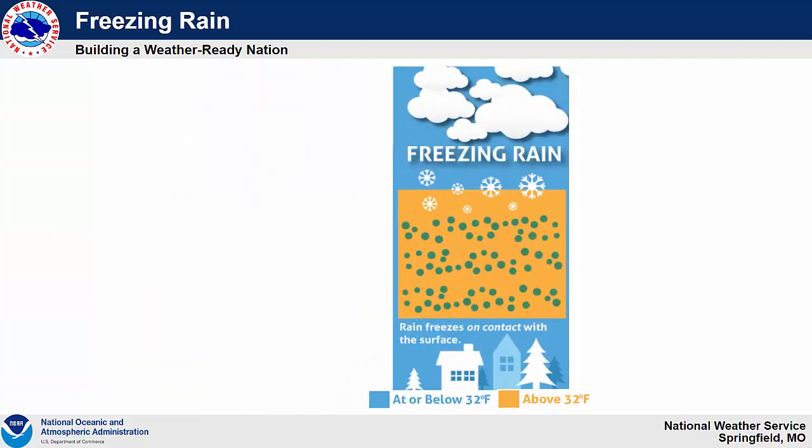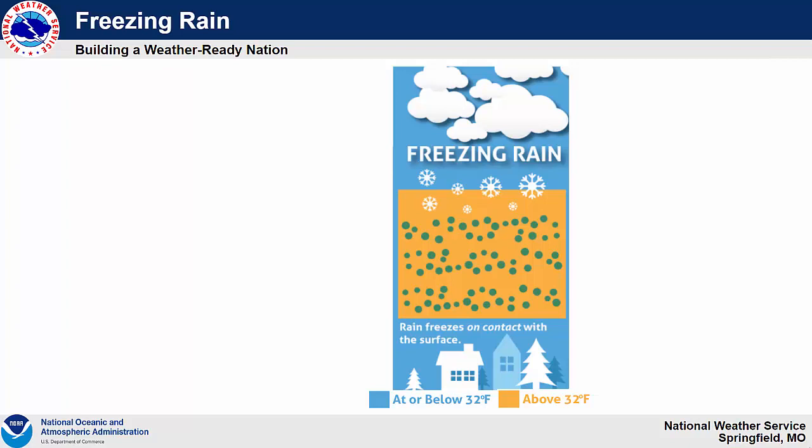Now, freezing rain starts out similarly to sleet in that temperatures are below freezing towards the top of the vertical column before falling into a warm layer. However, the main difference between the thermal profiles of sleet and freezing rain is that with freezing rain, there's a much deeper warm layer aloft, causing the snowflakes to melt into droplets. Those droplets do end up falling back into a cold layer with below freezing temperatures. However, it's a much shallower cold layer, which hinders those droplets from refreezing before reaching the surface. So instead, those water droplets become what's known as supercooled droplets, which allows them to freeze once they come in